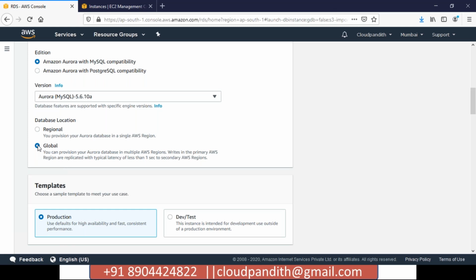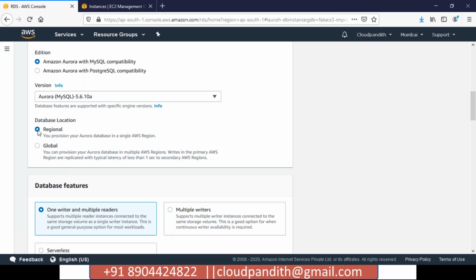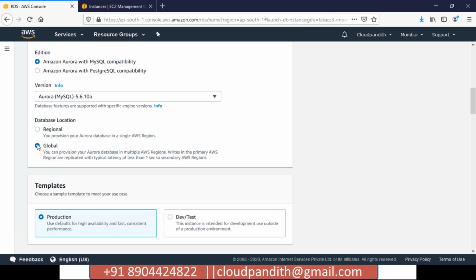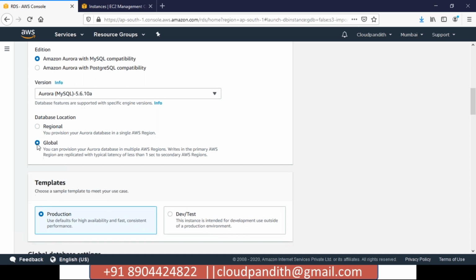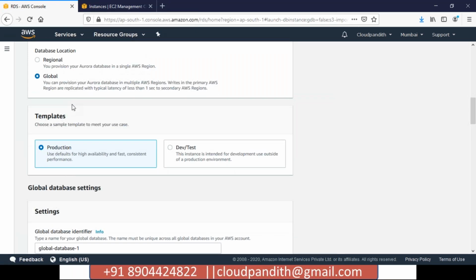We have seen that under one region you will have multiple availability zones, but if you select region, all the instances will be in one region. If you go with global, your instance will be in multiple regions. That's how you can provide high availability.